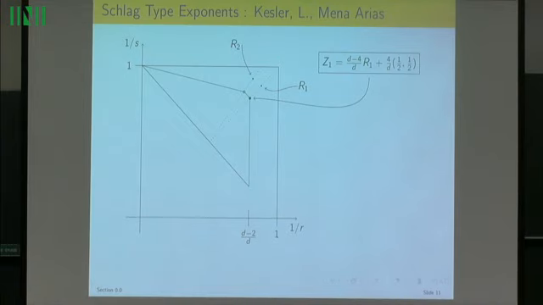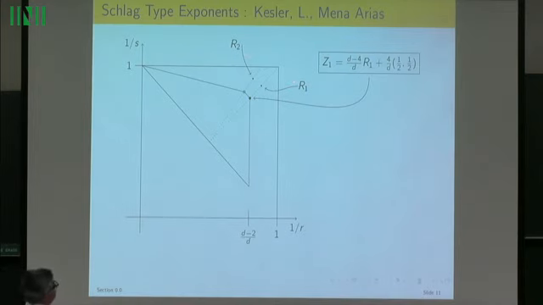In the continuous case, that was a supremum over radii from 1 to 2. In the discrete case, you have to change its definition. It comes up in the next transparency. But you have to take a supremum over comparable radii with an additional parameter. And now R1 and R2 are the Schlag exponents. So these are the Schlag exponents right here.